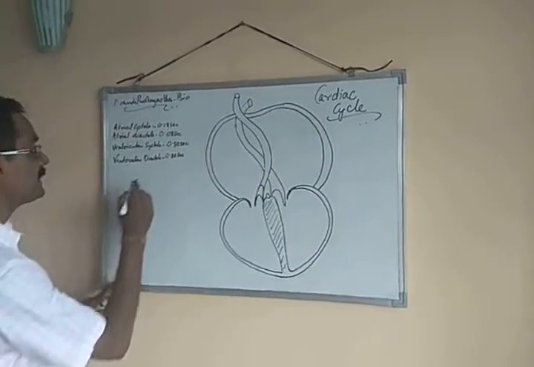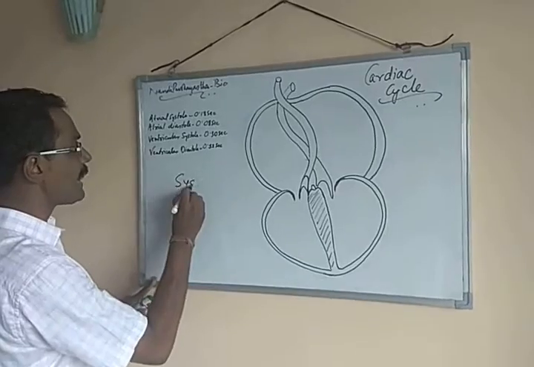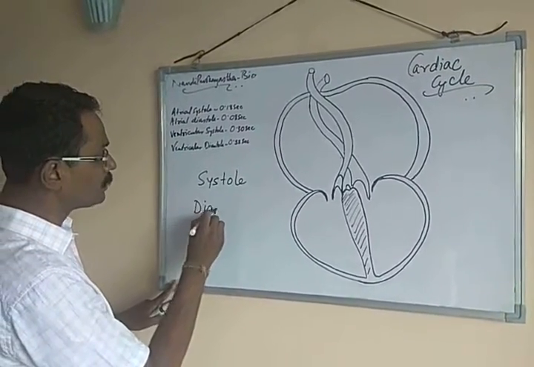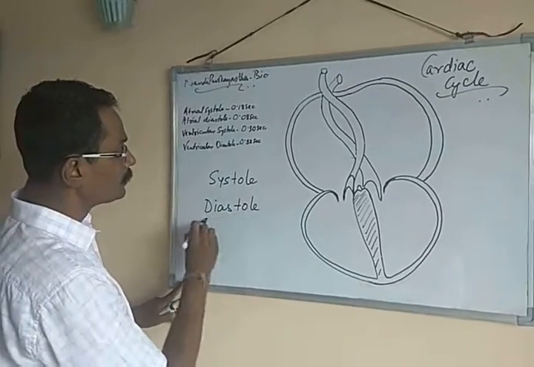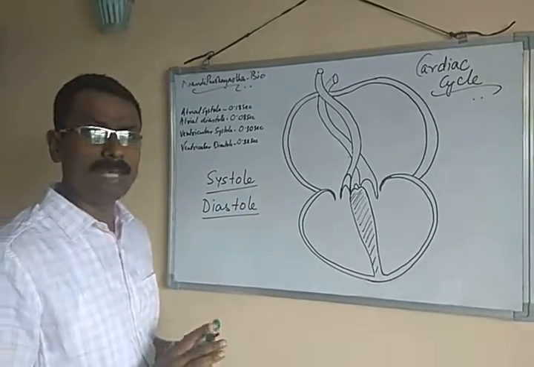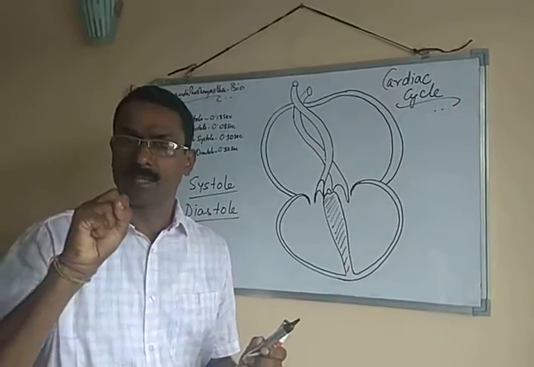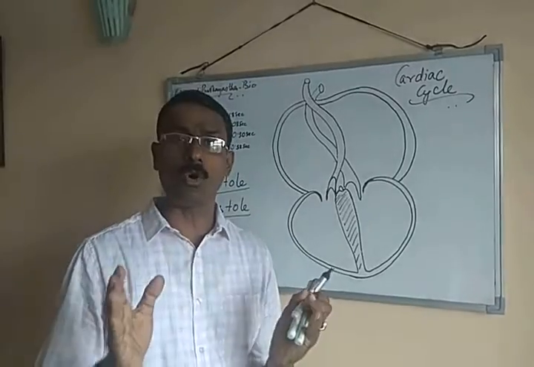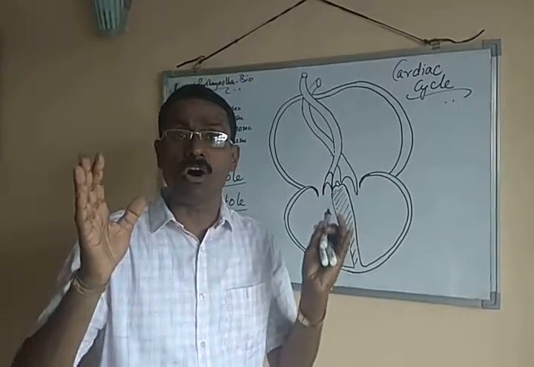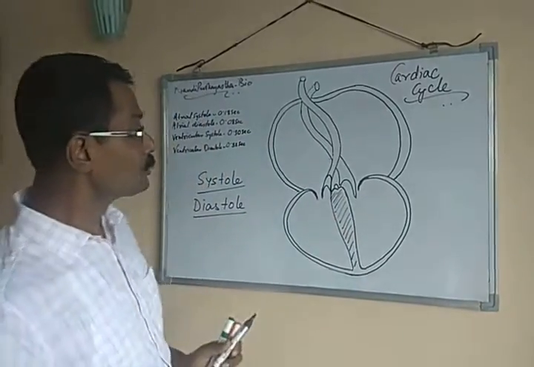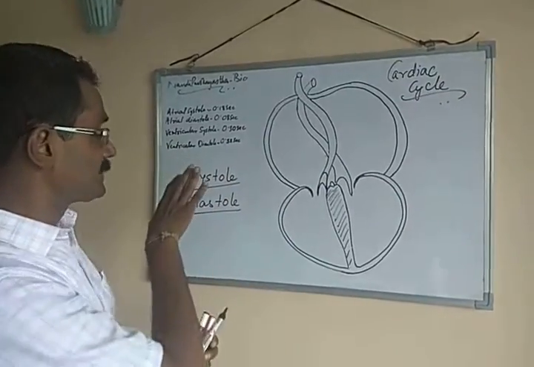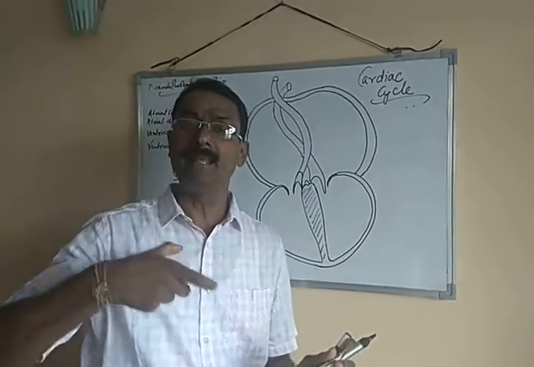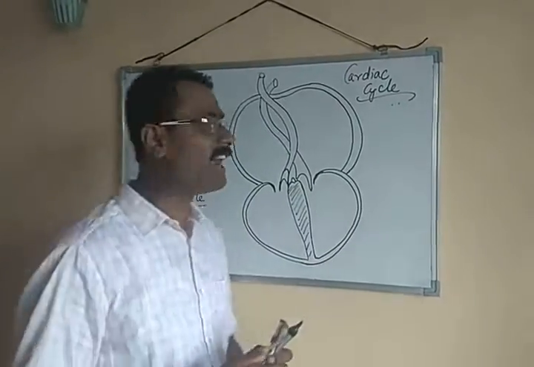That first is systole, S-Y-S-T-O-L-E. Another word is diastole. Systole means the contraction that we have done earlier, and diastole means the relaxation or the state of relaxation of human heart. So the whole process of the rhythmicity that brings the cardiac cycle in human heart can be divided